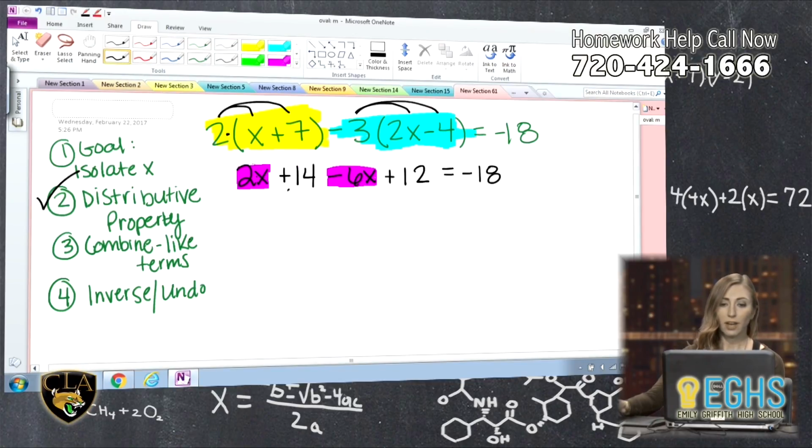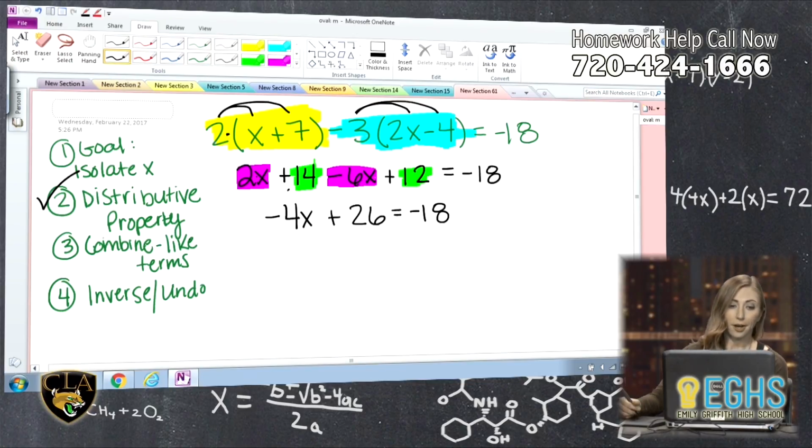So I got my 2x and negative 6x. I'm going to combine those together. Those give us negative 4x. Then I need to combine my 14 and my 12 together. Those are also like terms, these two. So 14 and 12 together, that's going to give me 26. So I've got negative 4x plus 26 equals negative 18. I've got my like terms combined, and I've got a much simpler equation than when I started, so now I'm going to be able to start inversing